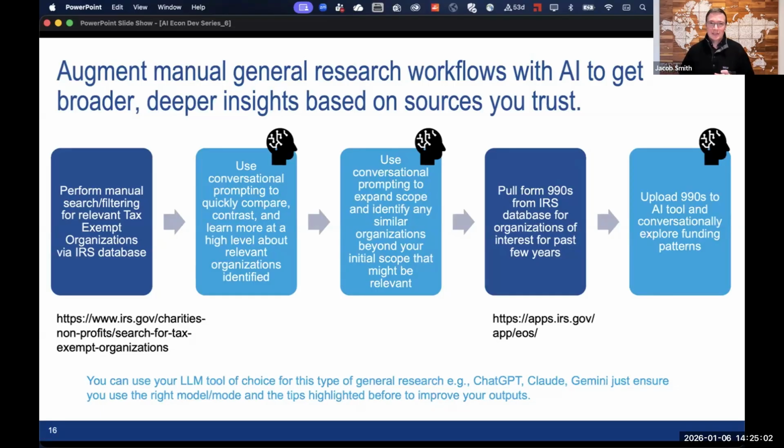For those organizations that really become high on your interest list, you can go to that same IRS website, couple clicks, and you'll be able to pull the Form 990s for those organizations of interest.